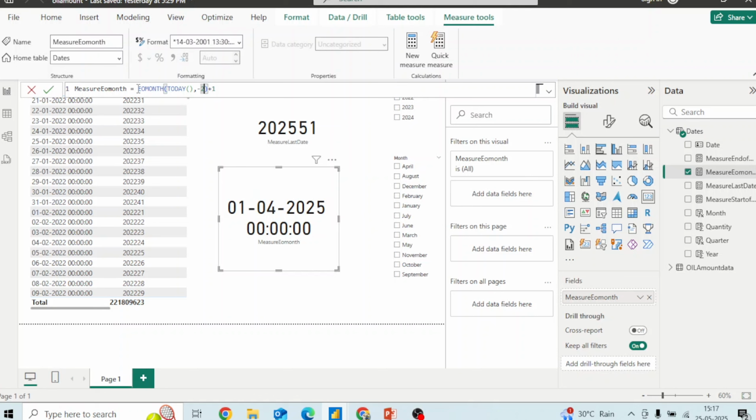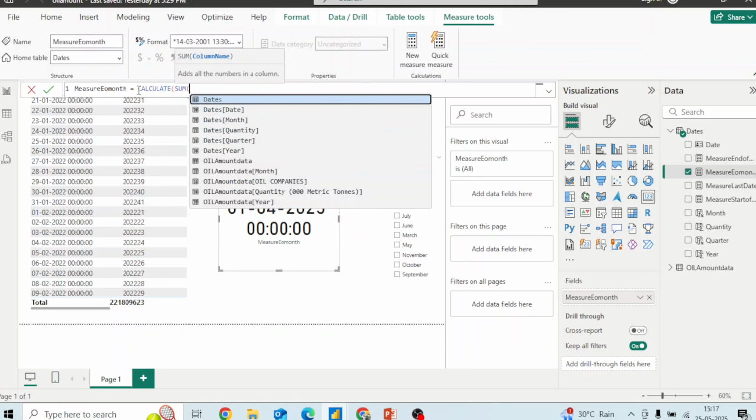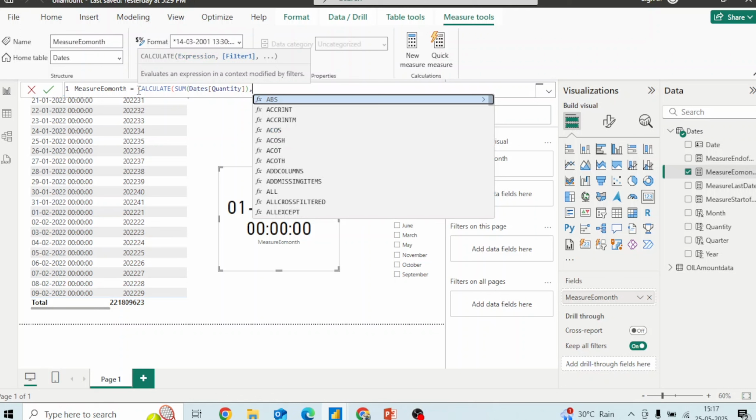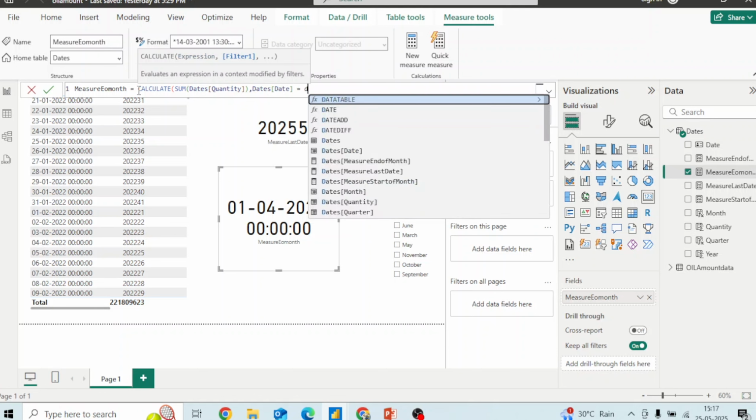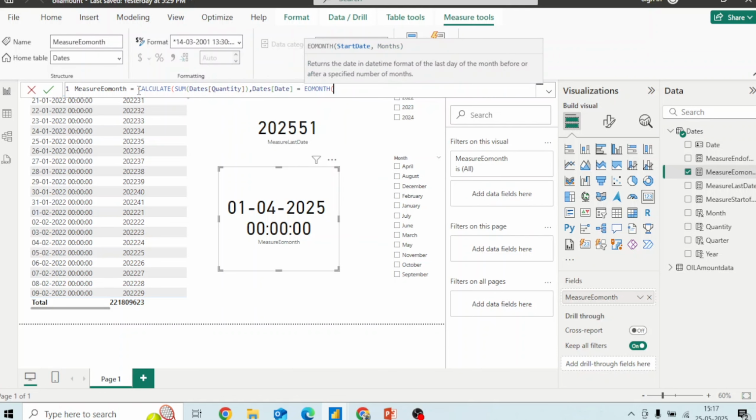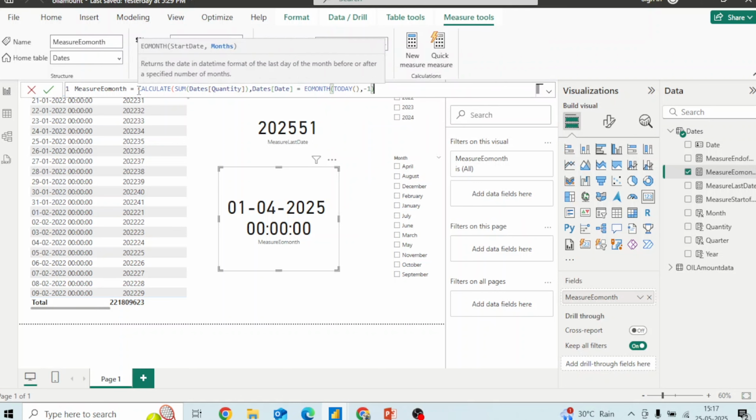So if I have to use this along with calculate, how can I do it? I will use calculate sum of dates of quantities, comma, dates of date is equals to, now I can use EO month. Okay, start date I will keep it as today, comma, -1, okay, +1. If I do +1, it means the starting date of the current month. If I do not do +1, that means the last day of the previous month. Okay, so if I do, let's say, +1,